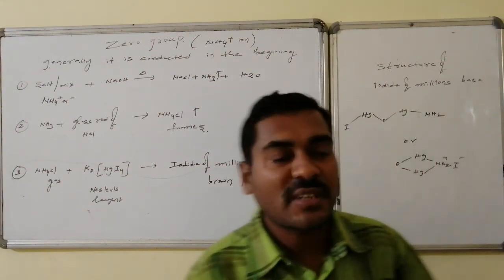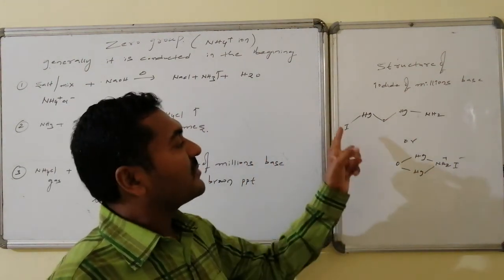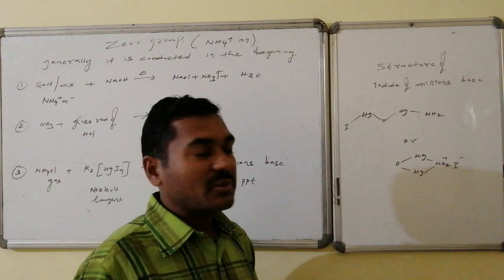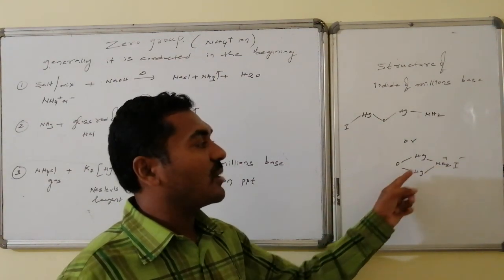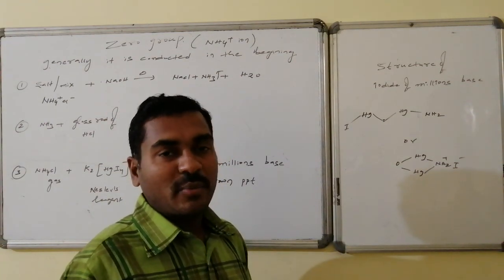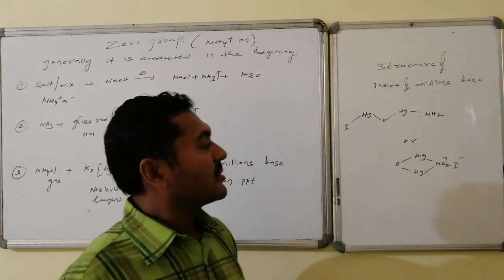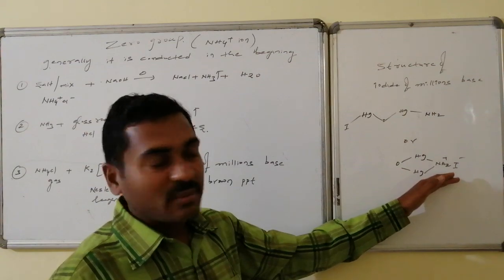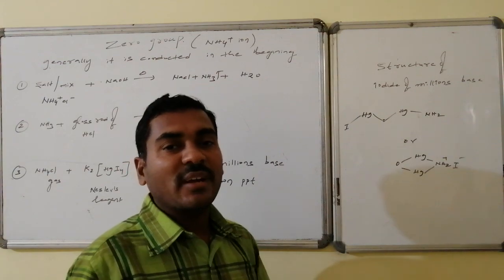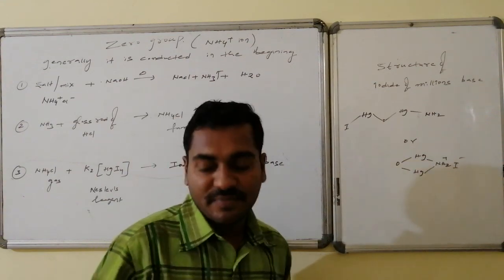It has two proposed structures. In one, we may consider mercury connected with oxygen, and one mercury with iodine and one with NH2. Otherwise, another structure is also proposed, that is mercury connected with a common oxygen to form a ring system. In that, nitrogen is in a +4 state, that is, it maintains +1 charge due to its 4 valency connected with the iodine. So this is one structure for the iodide of Millon's base, and this is another structure for it, and this structure has a brown color precipitate, thus it confirms the presence of ammonia.